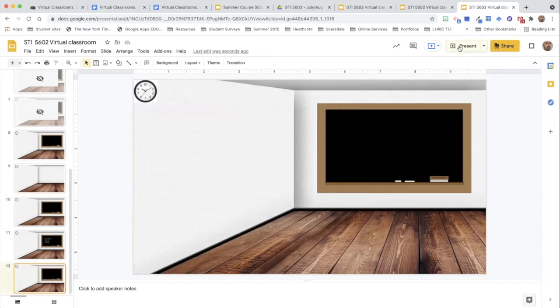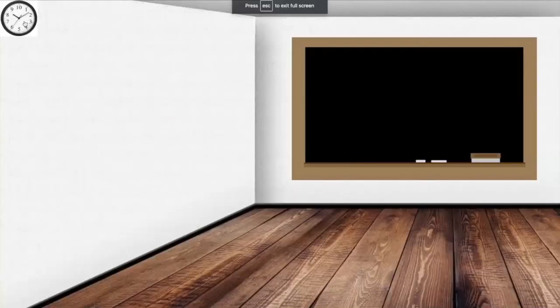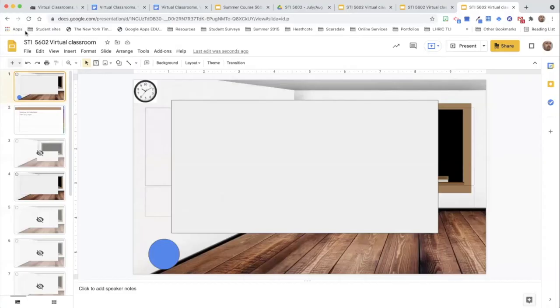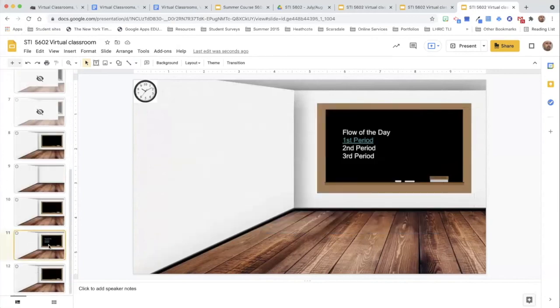And then when you're in present mode, you click the clock, it's automatically going to take you back to slide number 1. You click it again, it's just taking you to the same place. It actually is reloading the slide. So you can have these things linked to whatever you want them to. You can have them be as flexible as you want them to be. One thing to keep in mind as you're building this is